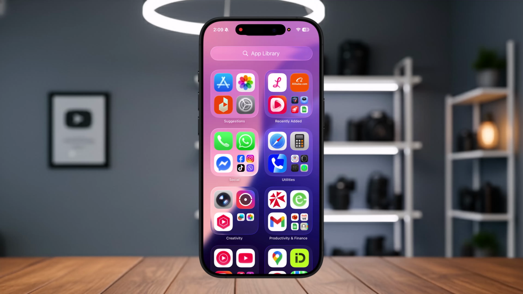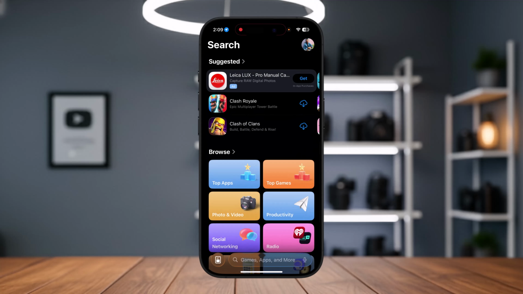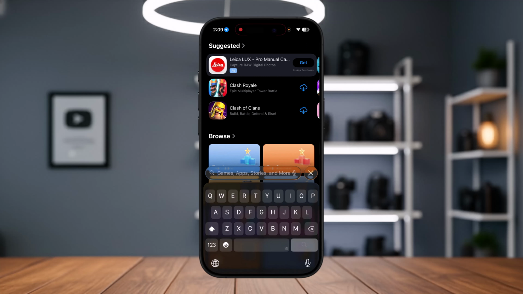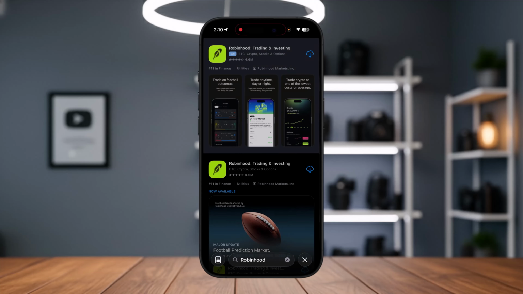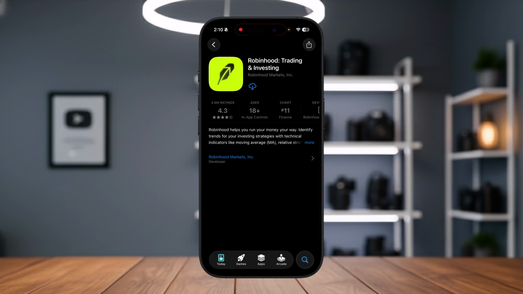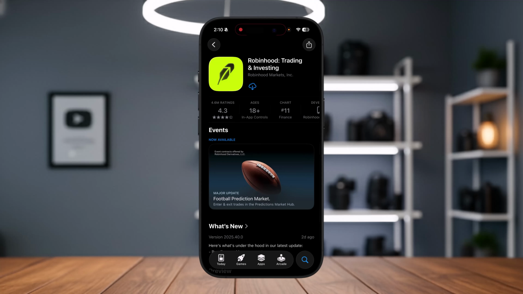First things first, all you need to do is simply go ahead and tap on App Store or Play Store, depending on what device you are on, and simply go ahead and search for Robinhood, just like I'm doing right over here. Once you've done that, simply go ahead and tap on this application right over here and click on